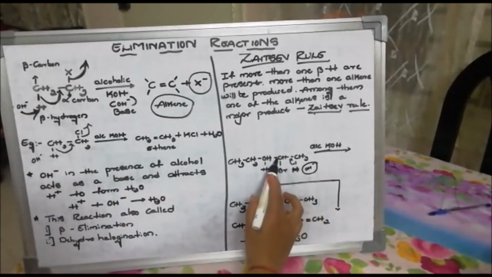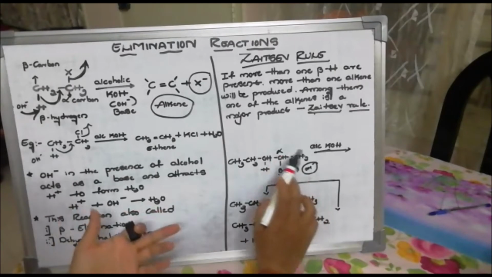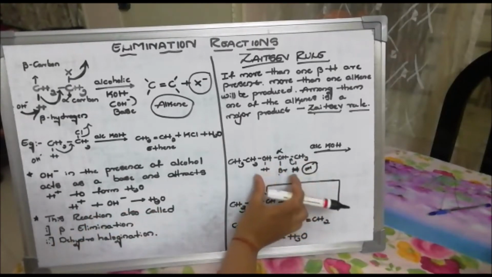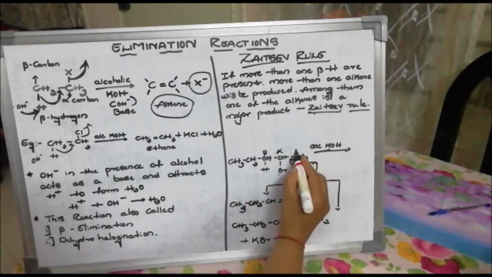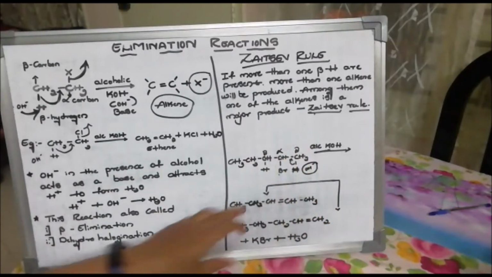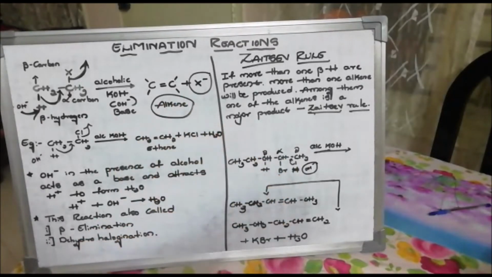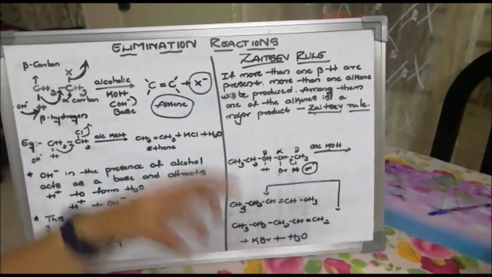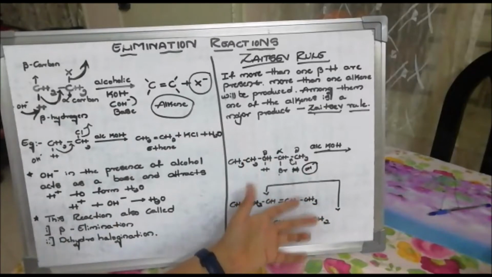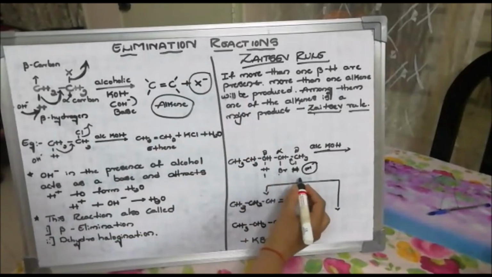Now here this is the carbon which is carrying our halogen, that's why this becomes the alpha carbon. So this alpha carbon has two neighbors, that is this carbon also becomes a beta carbon and this carbon also becomes a beta carbon, and these two hydrogens are beta hydrogens. Now our OH has two beta hydrogens to attack. So a few OH which are formed can attack this, I'll call it 1 and 2.